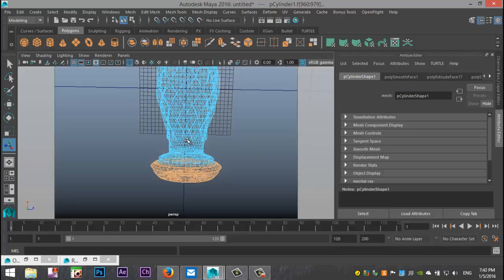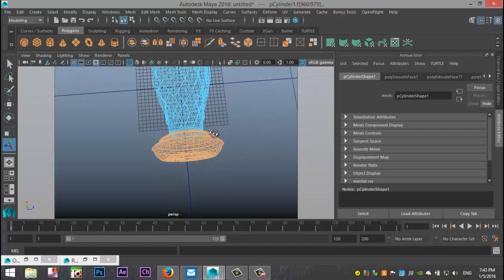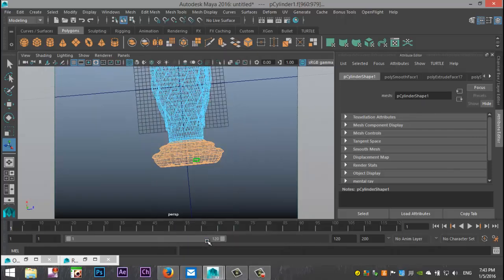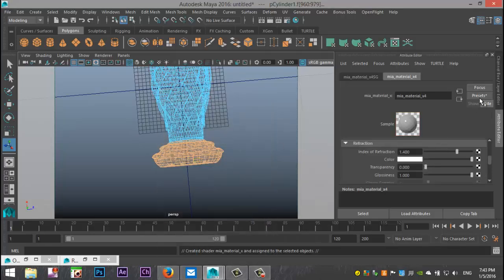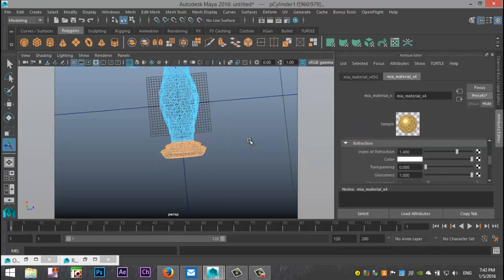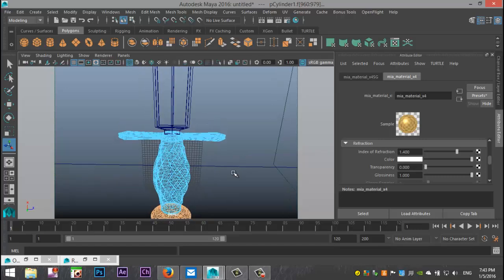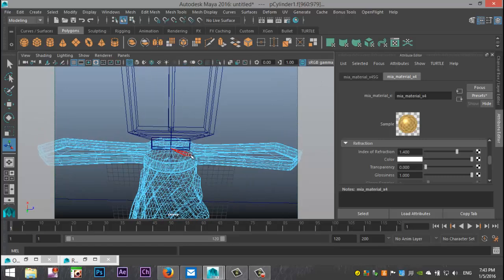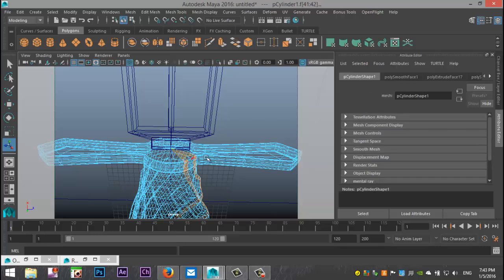It's kind of hard to see, so let's do wireframe mode. Yeah, works for me. We're going to right click, assign new material, use the MIA material, go to presets, and I'm going to use copper and replace, because the frosted glass looked way off. And then we're going to go in here and, oops, not take that. We're going to take that, shift period to increase that selection,